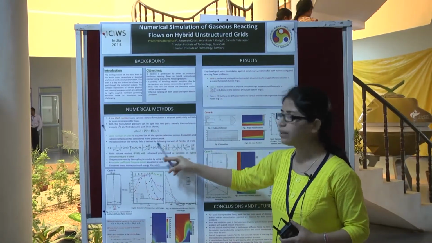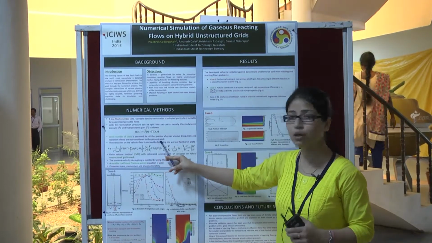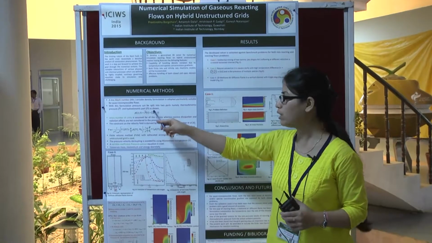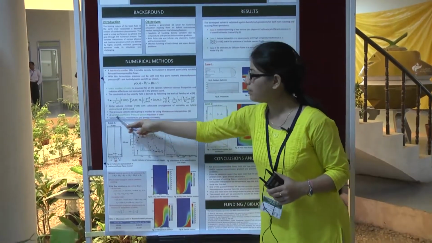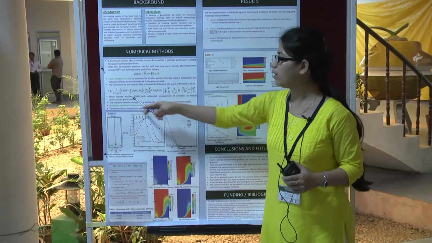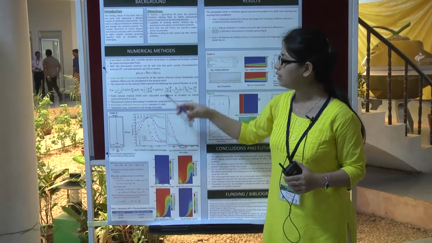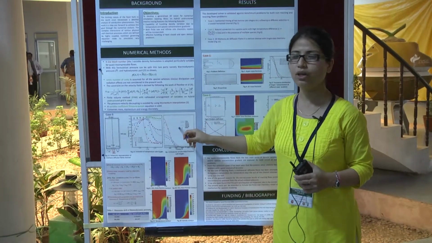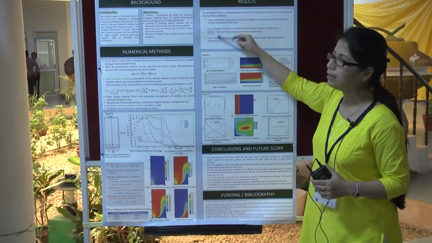And we have made certain assumptions to simplify our equations and we are using the variable coefficient pressure Poisson equation to get the hydrodynamic pressure field. The source term coming in the pressure Poisson equation we are calculating by using this expression, and the solver has already been developed for this low Mach number variable density formulation. To get the validation we have run 3 test cases.